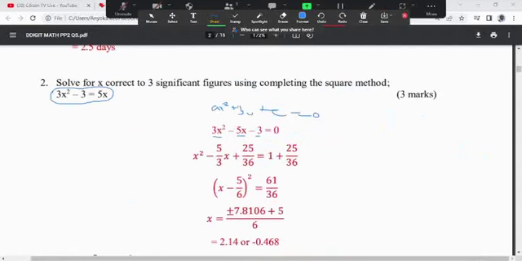And once it is in this form, the completing square method will start when we have the coefficient of x squared as 1. So divide by 3 all through. So dividing by 3, we get x squared minus 5 over 3x plus 25 over